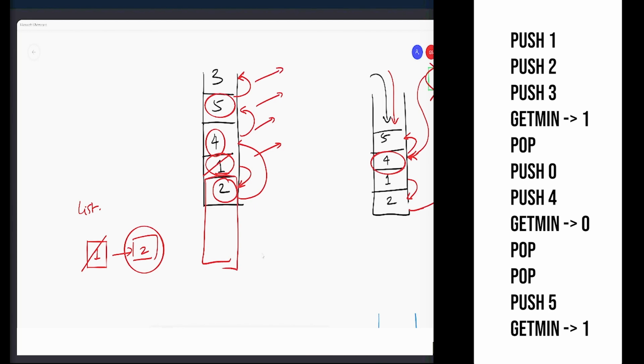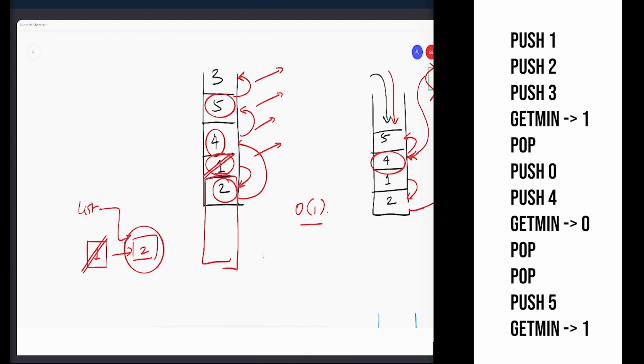So even now pop operations are order 1. I'm not popping anything from the list. If the popping element is the head of the list, then I make the list point to the next element. The head changes.